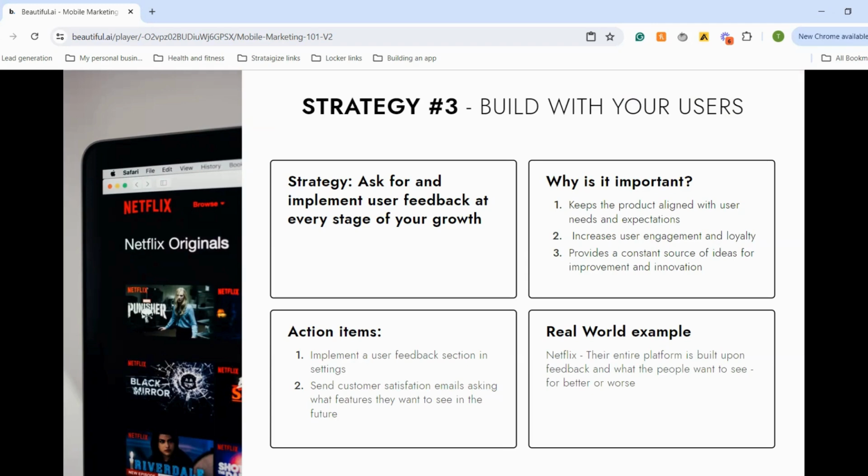And is there other content that just no one is using at all? That can really feed you with the necessary data to know what you should be innovating next in your product. An example of a company that does this with everything they do is Netflix. Their entire platform is built upon feedback and giving people what they want to see. They track how many people are watching a particular show to determine if they should renew it for the next season. They see if people are liking or disliking a certain show, so that they know what type of content they should be providing their users moving forward.